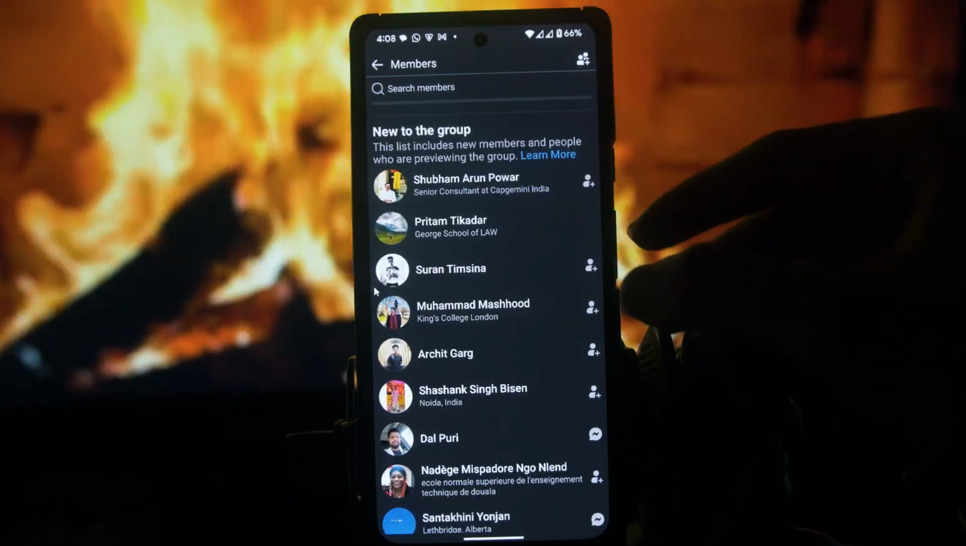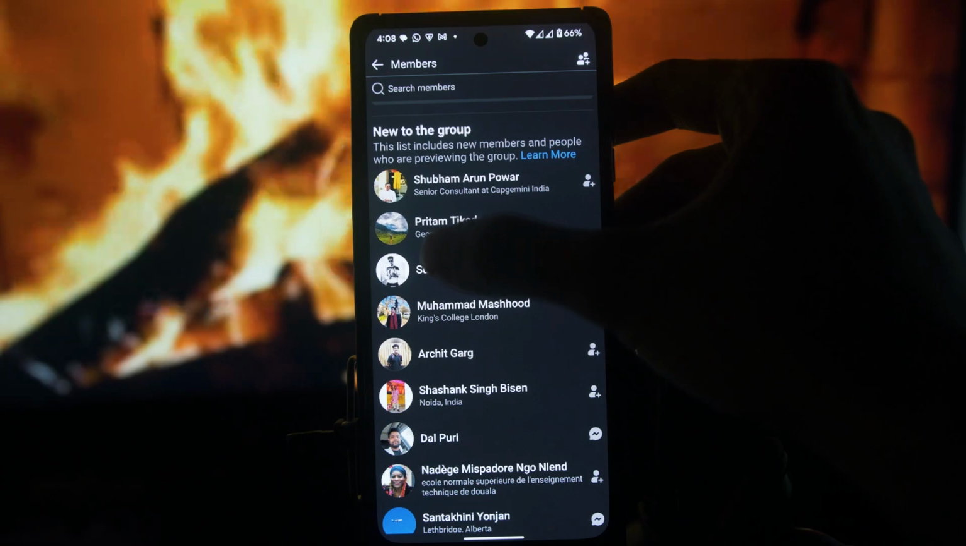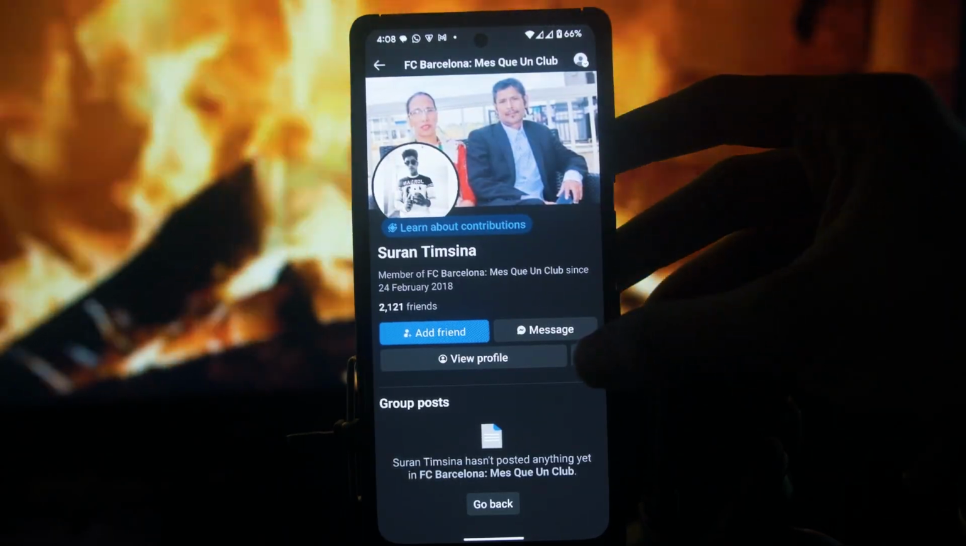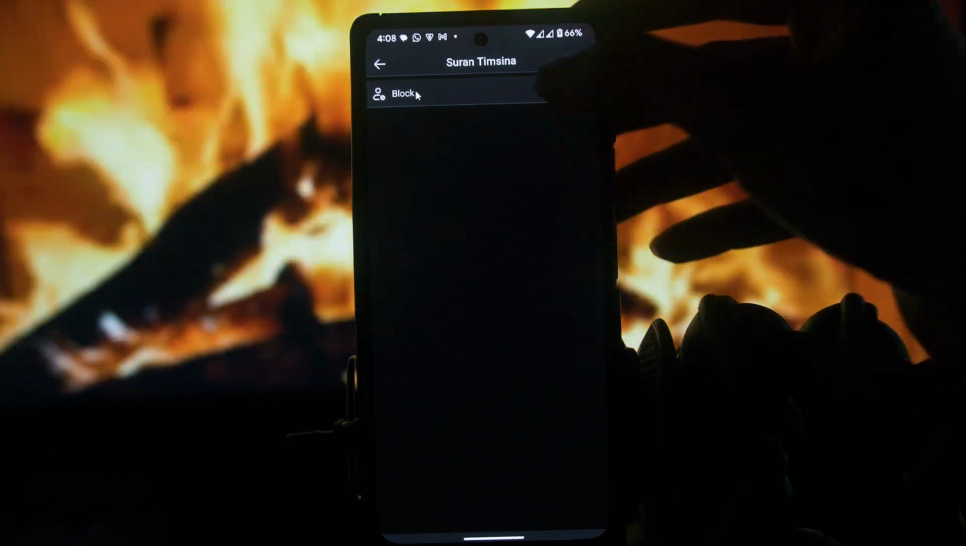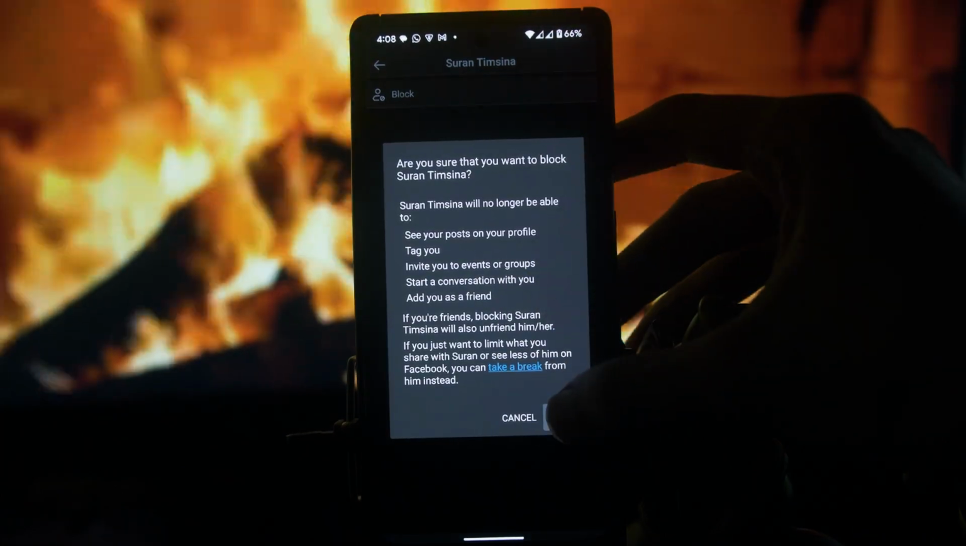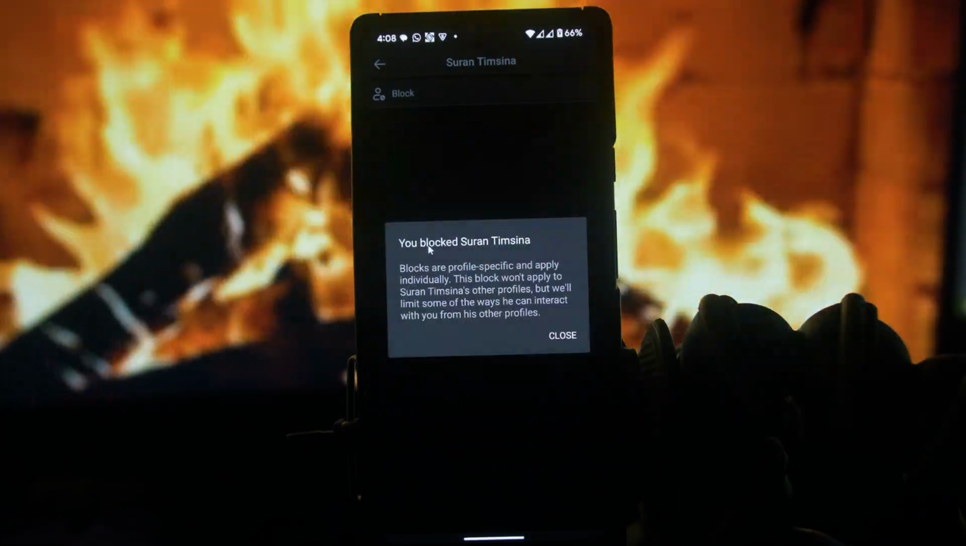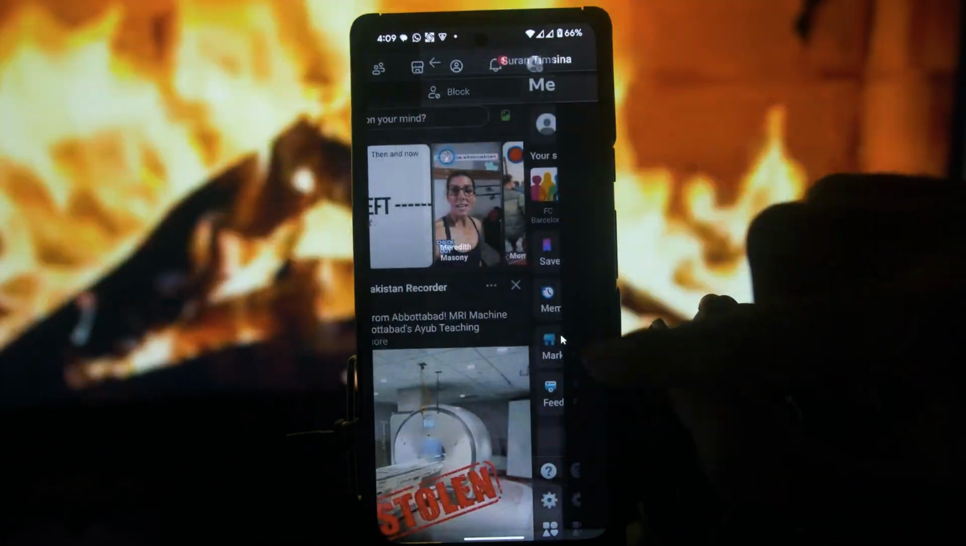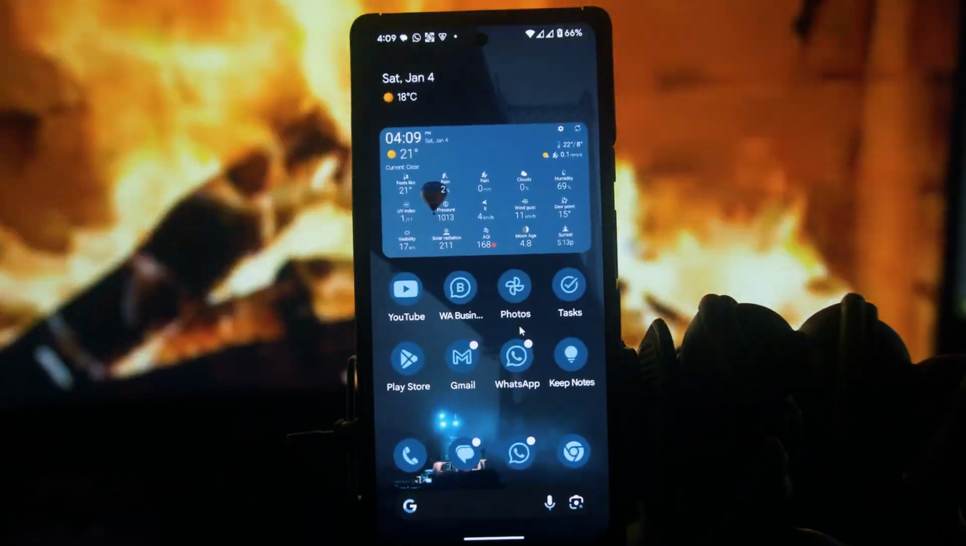For example, if I want to block this person, I will click on his profile. His profile will open. I will click on the three-dotted button and simply click on block. Click on block once again. As you can see, I have successfully blocked this person. I will click on close. And that's how simply you can block